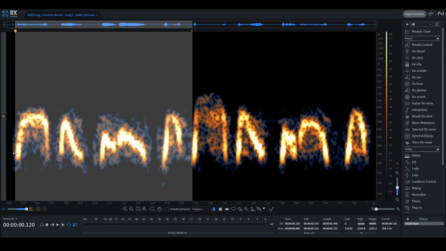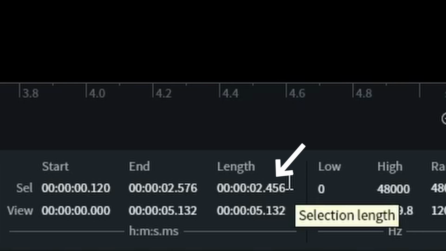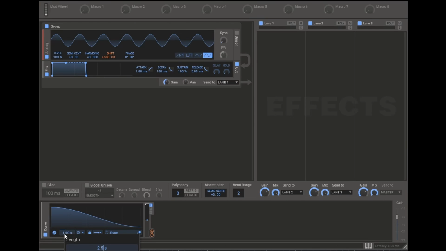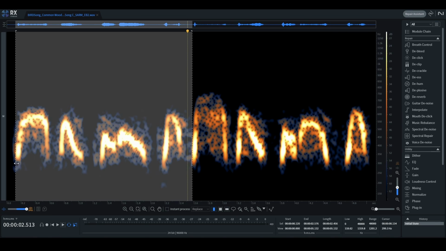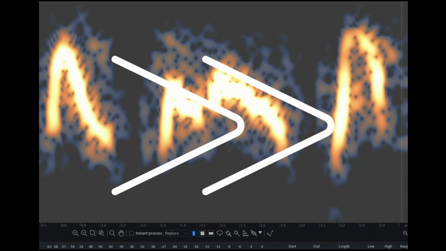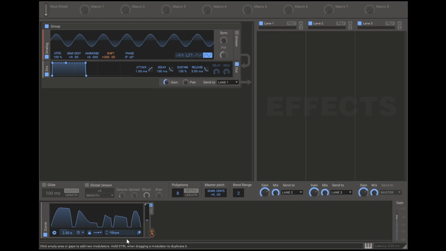I consider there to be 5 primary notes in the sequence, which then repeat. So we'll try to replicate this set of 5 notes in Phase Plant. The length of this sequence is roughly 2.5 seconds, so we can set our curve to last that long. Then we can start drawing a curve which matches these curves here. So now this vaguely resembles the bird,